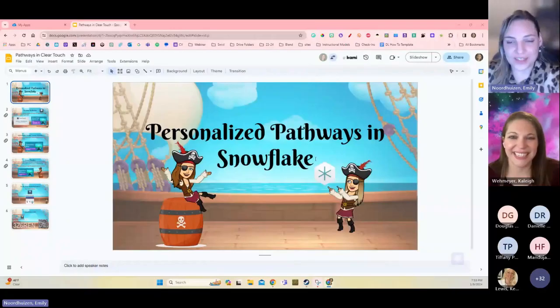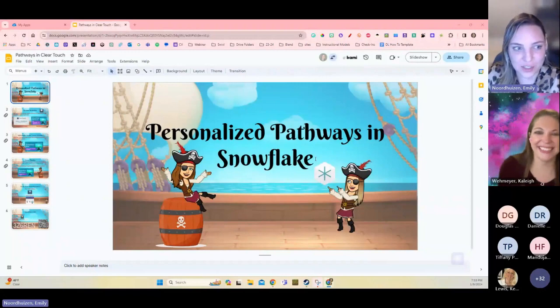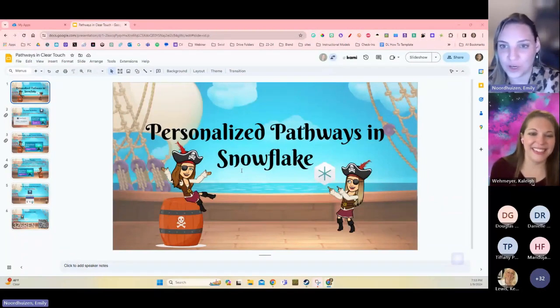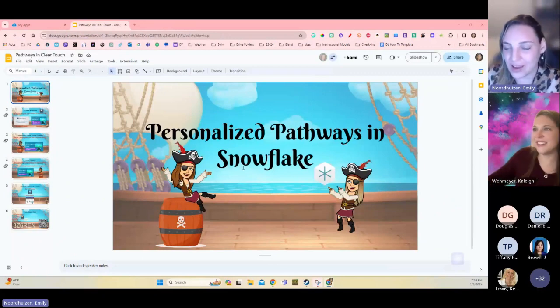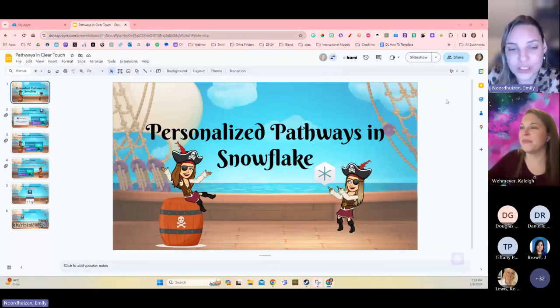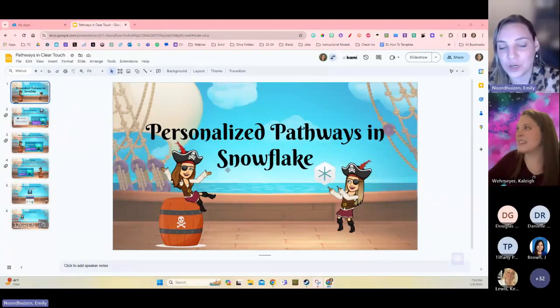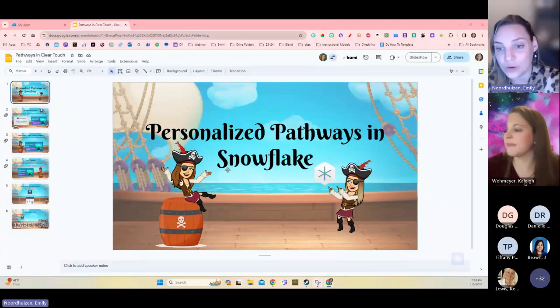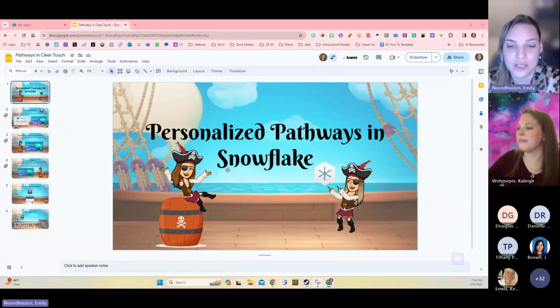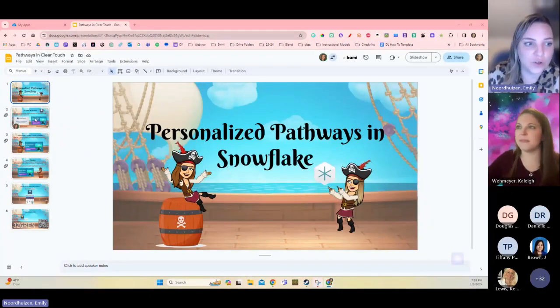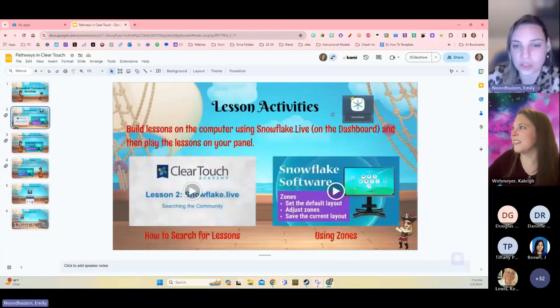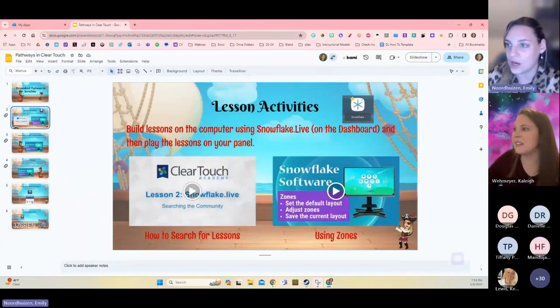All right, so this is the personalized pathways in Snowflake. And this is referring to the program that is on your Clear Touch panel. So you log onto the panel and then you go into the Snowflake program. And then we're going to show you how you can make personalized pathways using those lessons that either you can create or that are already pre-created in Snowflake. And so the first thing that I'm going to show you is a brief overview of